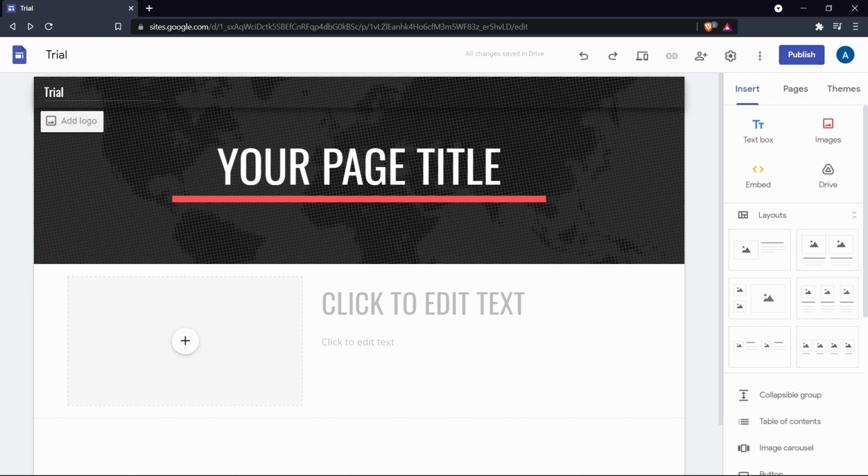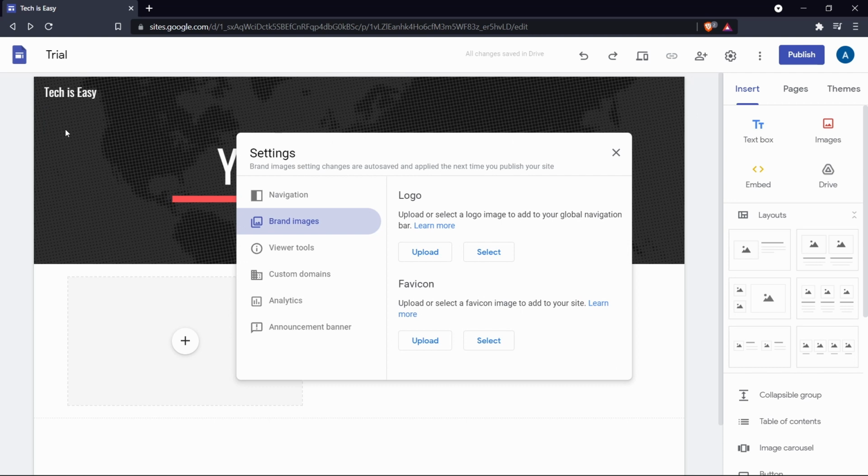So the first thing you want to do is add a title. So over here you'll add the title, and then if you have a logo you can add that as well. So just click on add logo, and over here you have 2 options. So one is the logo on the website which people will see when they go to your website, and the second image is the favicon. So when you've opened this website, then on the left of the tab, as you can see there's a Google Sites logo over here, but if I change the favicon, then that image will show over here. So I'll quickly add both of these. And one other thing which you'll notice is that after I've named the title, you can see that the name of this tab has also changed.